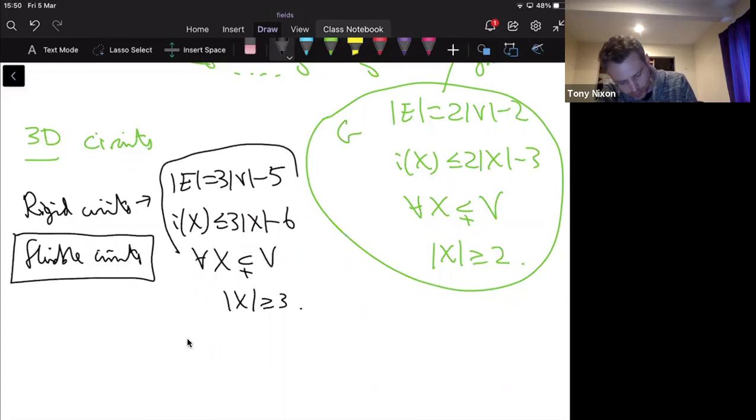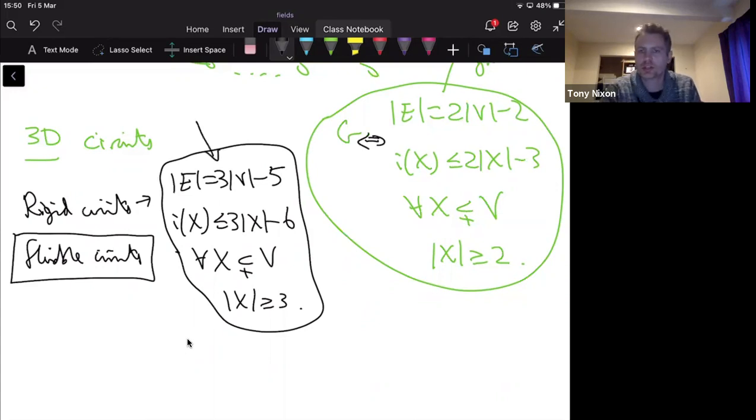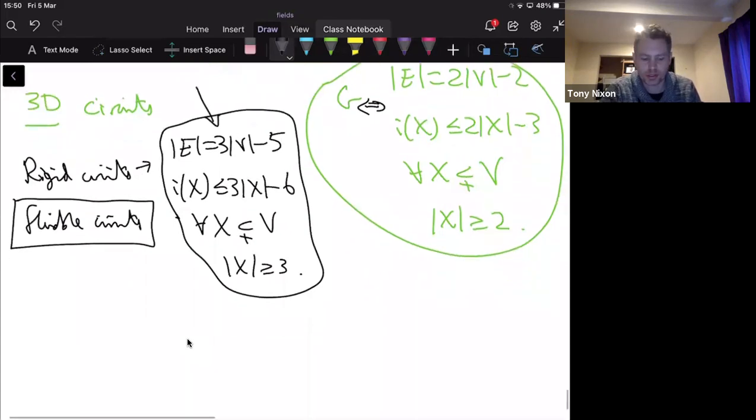But there are graphs that satisfy this that are not. This combinatorics is not enough to characterize rigid circuits, whereas in 2D it was exactly this. It's not exactly this in 3D, but we know all circuits satisfy this. And again, you can give examples for all numbers of vertices, and many of them will exist. And so again, I don't think it's probably going to be so interesting to list them, but listing these ones